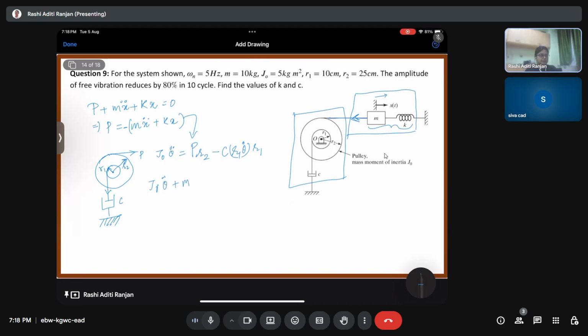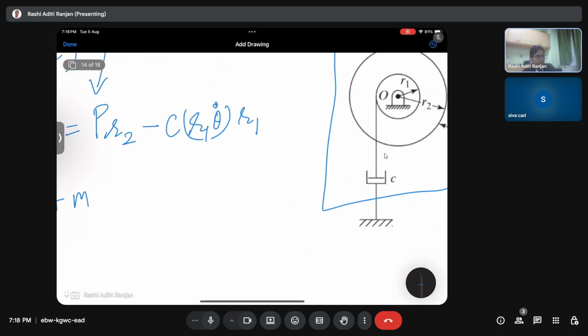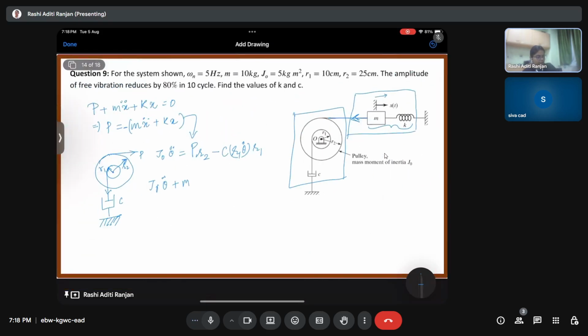Definitely I can. x is nothing but R2 into theta, right? So in that case, m x double dot is going to be what? M R2 theta double dot multiplied by R2, M R2 square into theta double dot